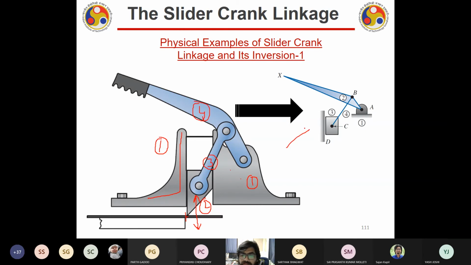I can draw the kinematic diagram of the same, and it will look something like this. Now you can see if I push it down, this piston will go down. So what type of mechanism is it? It is RRRP. Fine. So it is a 4-bar mechanism. Of course, it has 1 degree of freedom, but because of the involvement of a piston, definitely a prismatic joint, it will be 3RP.